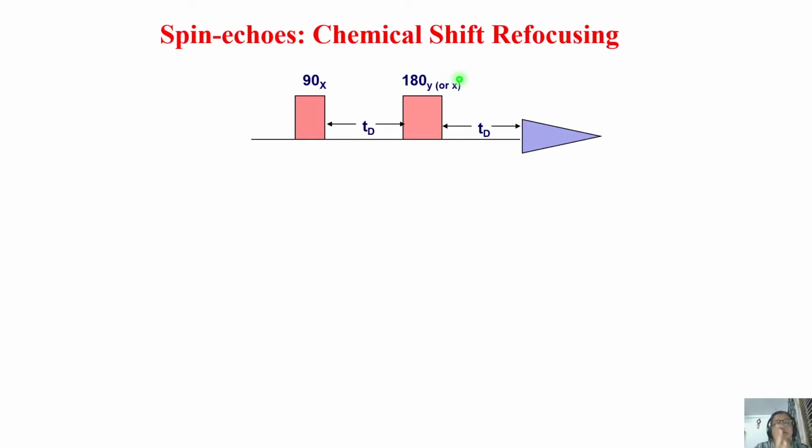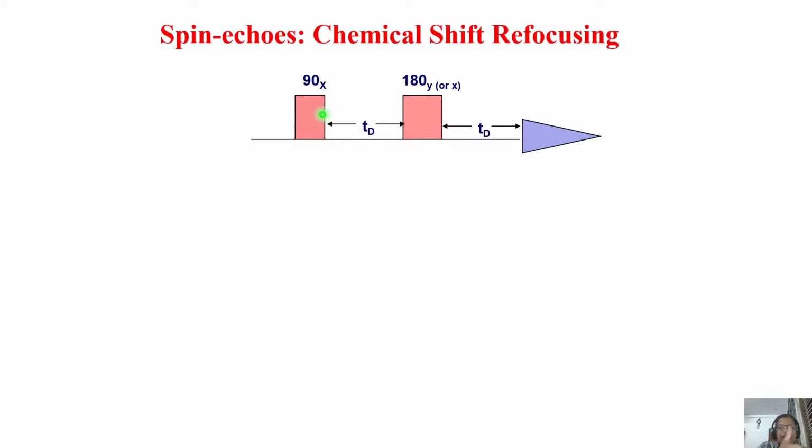The spin echo sequence is about chemical shift refocusing. Look at this. It is a very simple pulse sequence. We have a 90-degree pulse. We already discussed what a 90-degree pulse is, what a 180-degree pulse is, and the ways we can apply pulses: along the x-axis, along the y-axis, the phases of the pulses, which we discussed long back in one of the classes.